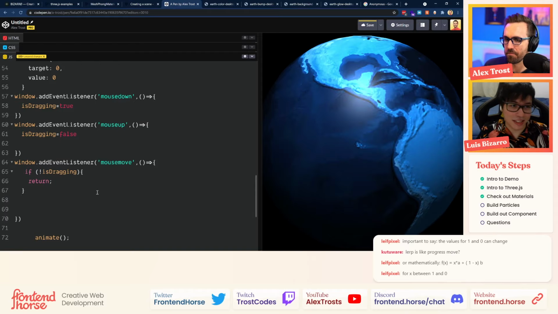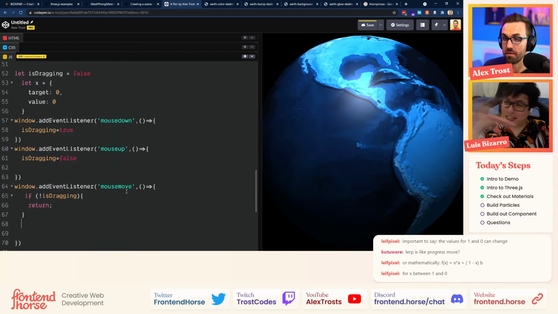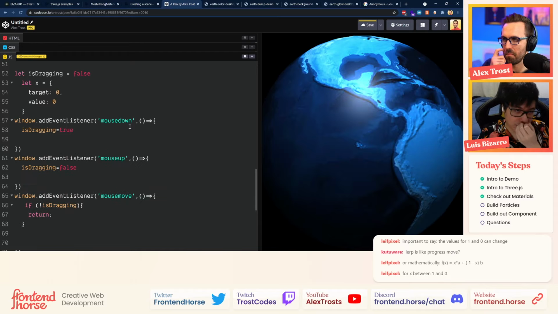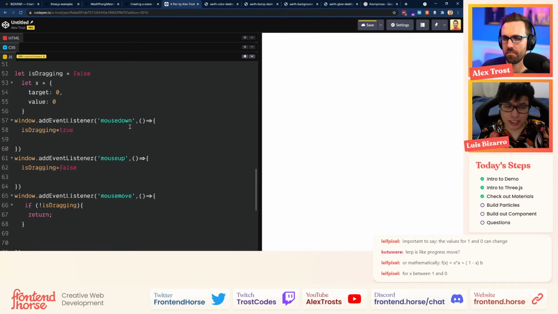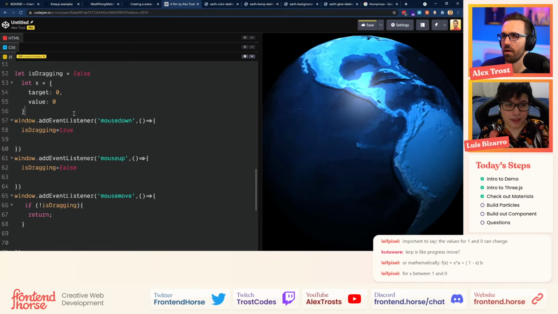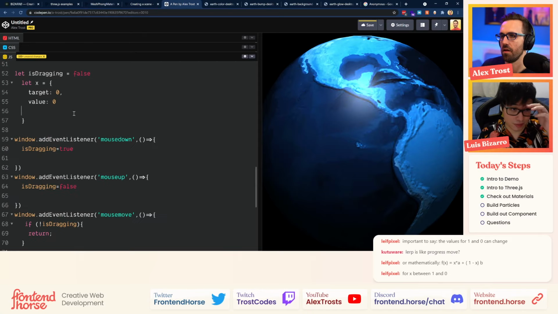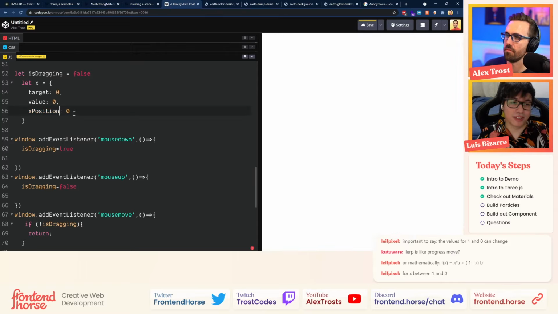Yeah, let's just speed up a little bit because we can quickly drag the particles later. So in the mouse down, we want to use the x. We also need to create another value called position in the object. So let position be 0. It can be just position without the x.